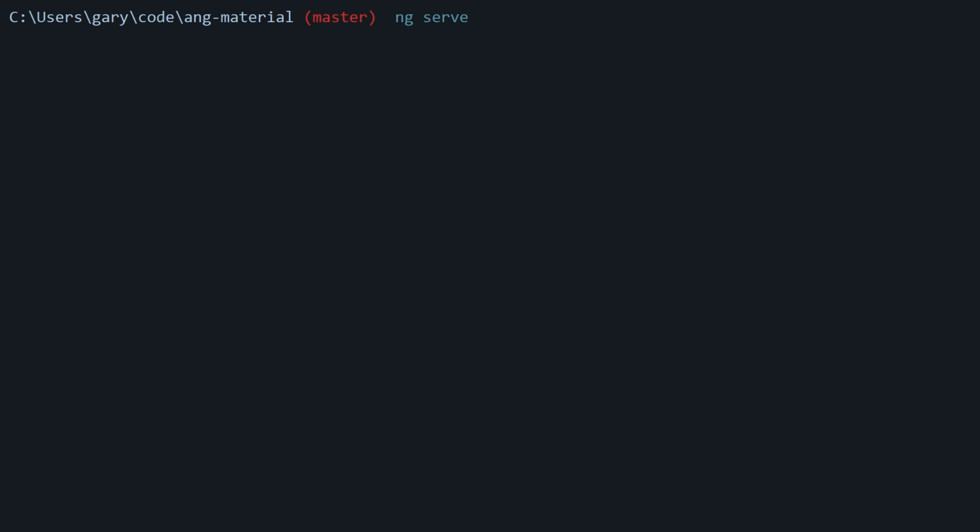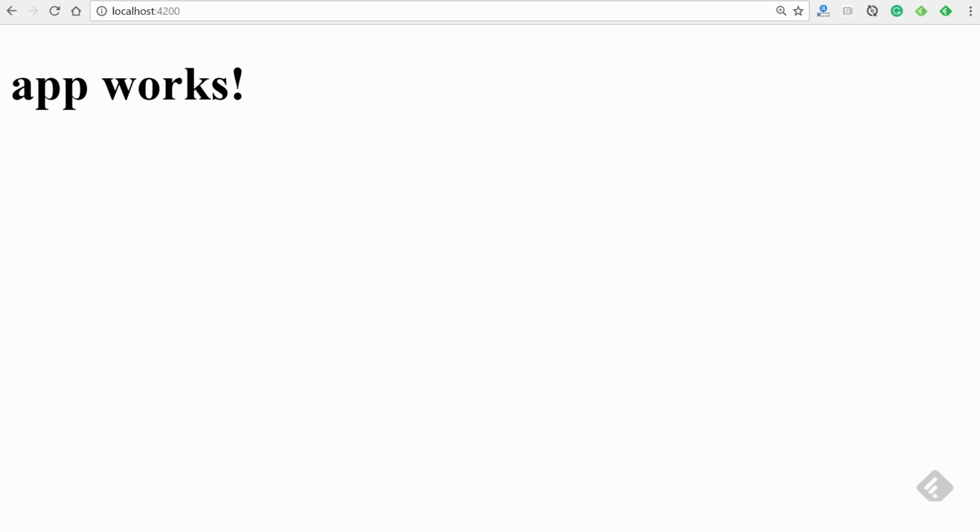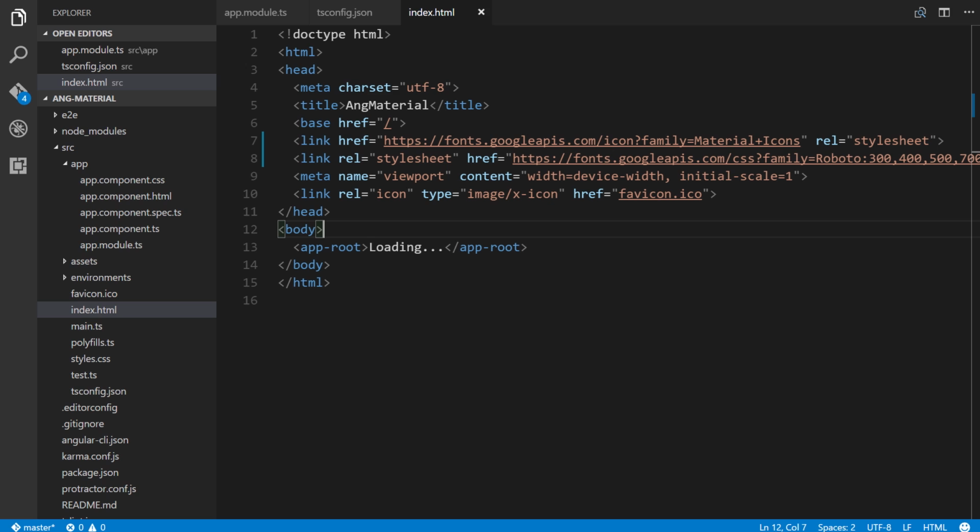And then in our browser at localhost 4200, we can see the current result. Now, as you can see, it's really ugly, but that's expected because we don't have anything going for it yet. So now what we want to do is switch back to our code editor, and we're going to create a